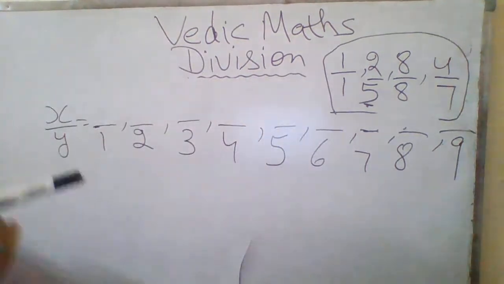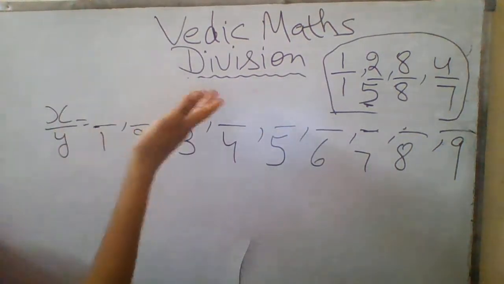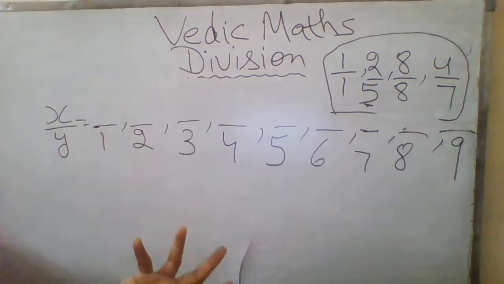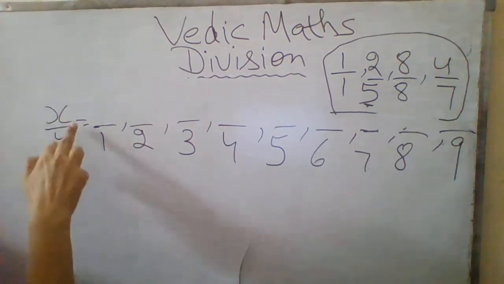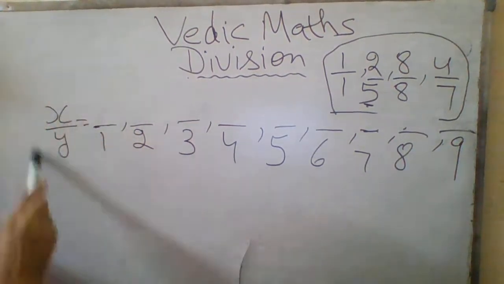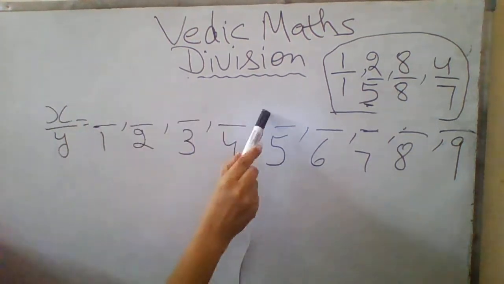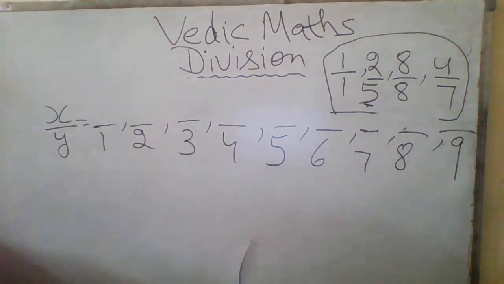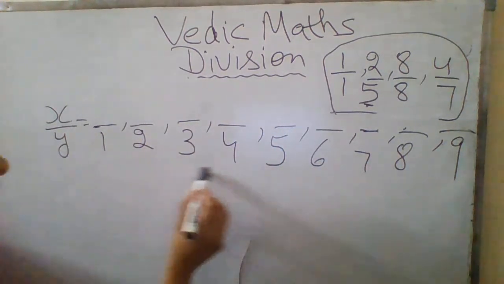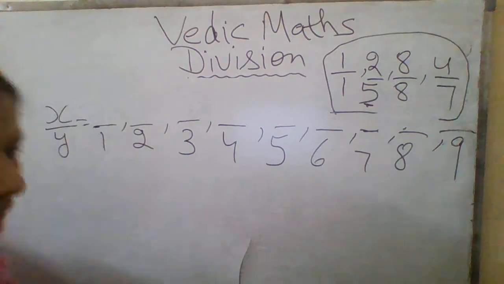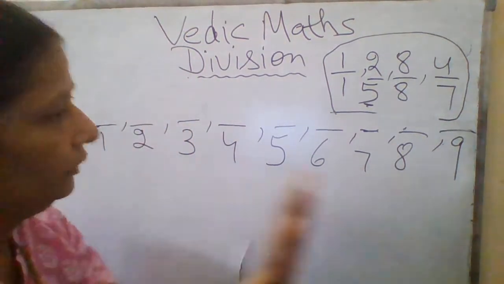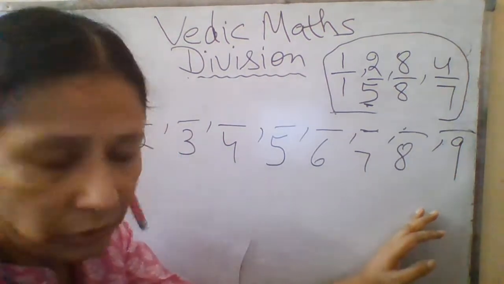Now see how you have to do this. As you see here, I have written division, and if you are going to divide any number, that will be your term. You will write down your term like this only, x upon y. In x, the numerator can be any number, but in the denominator, when you find out the DR, you will get any number from 1 to 9.